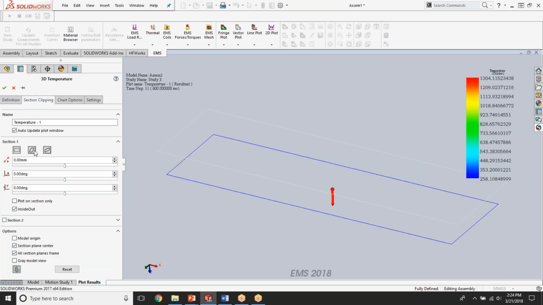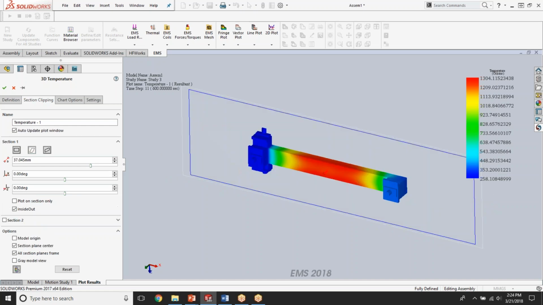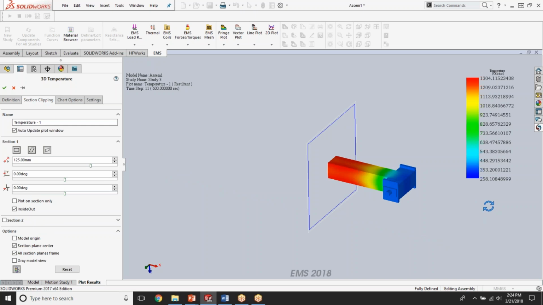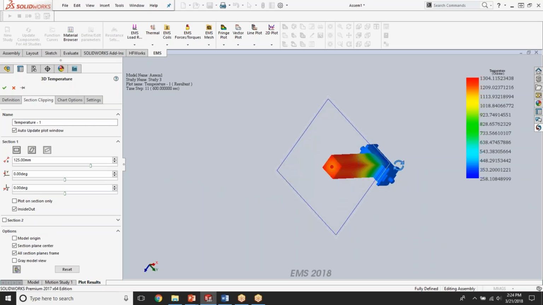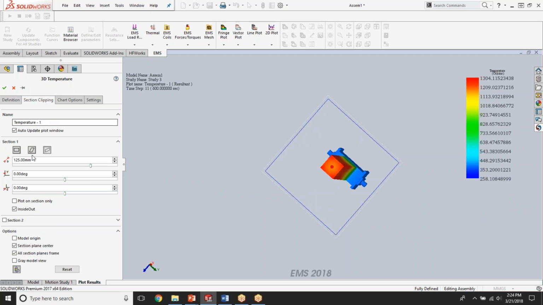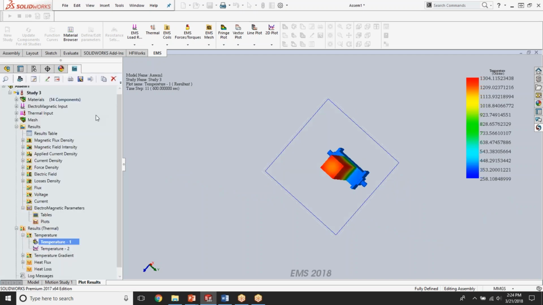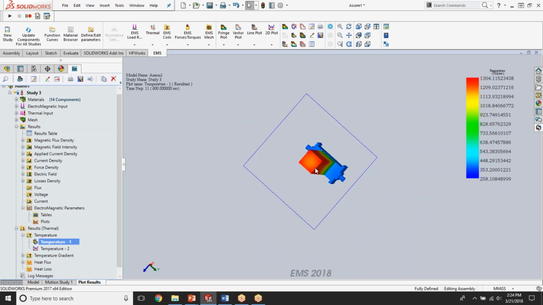and then select what plane, which one of these SOLIDWORKS planes you want to use to cut this assembly and view results. So we have selected this right plane, and EMS is allowing us to have a look at the inside of the bar and see what is the temperature distribution over there. We can also plot the temperature distribution on a line that connects two reference points that we